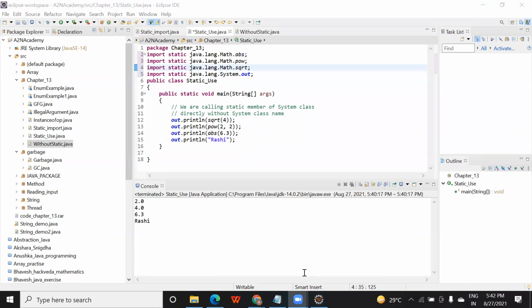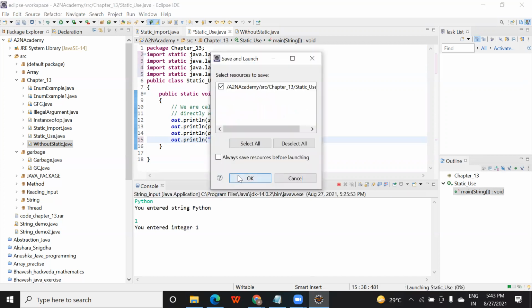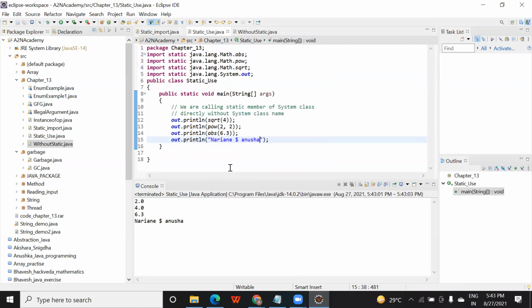Okay, so that's the reason. Not only this mathematical operation, but if I write your name, Anushka, right? It will still work. It can print anything because I have already defined at the start that this function belongs to System, and I have added it here.